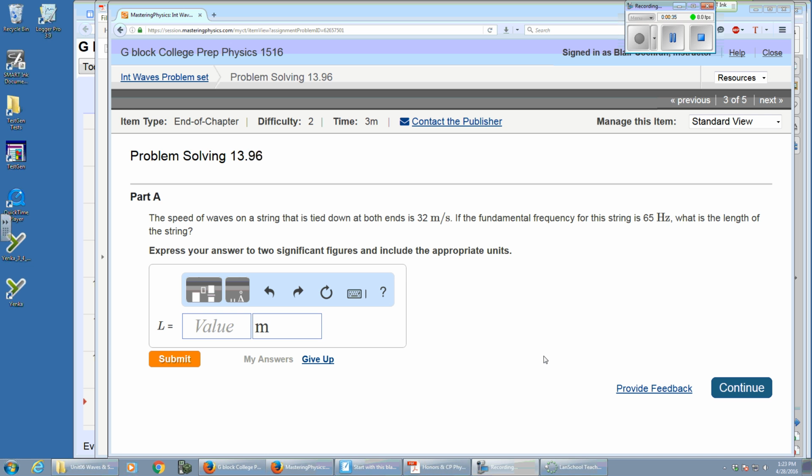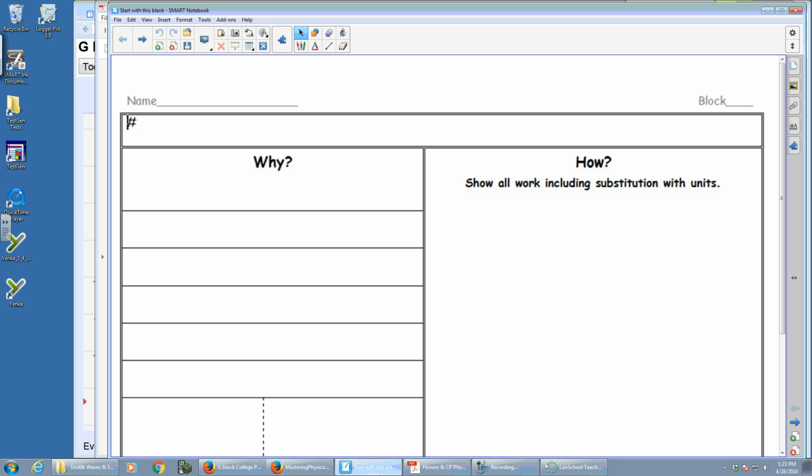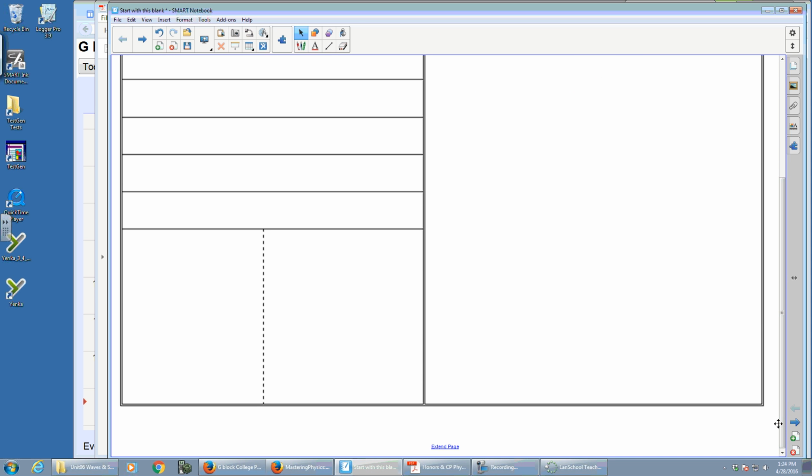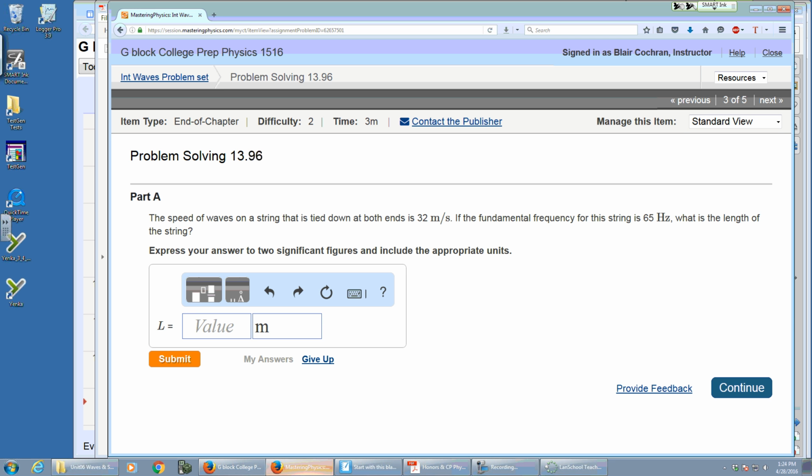Let's especially look at the Y. So 13.96. I think one thing that can really help with these is getting a picture of it or thinking about what it would look like. So tied down at both ends. If both ends are fixed or tied down, folks, remember you're welcome to do your own work and not pay attention, but please do be a little quieter. Hard for some people to hear. So if it's tied down at both ends,